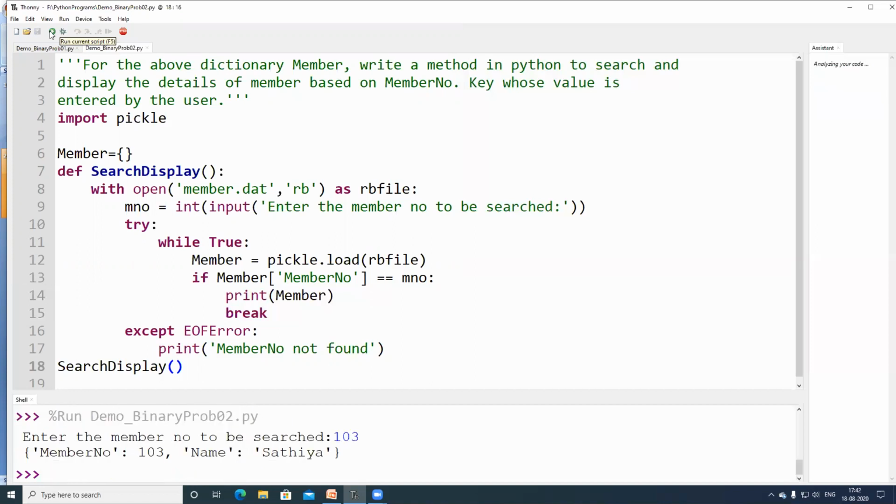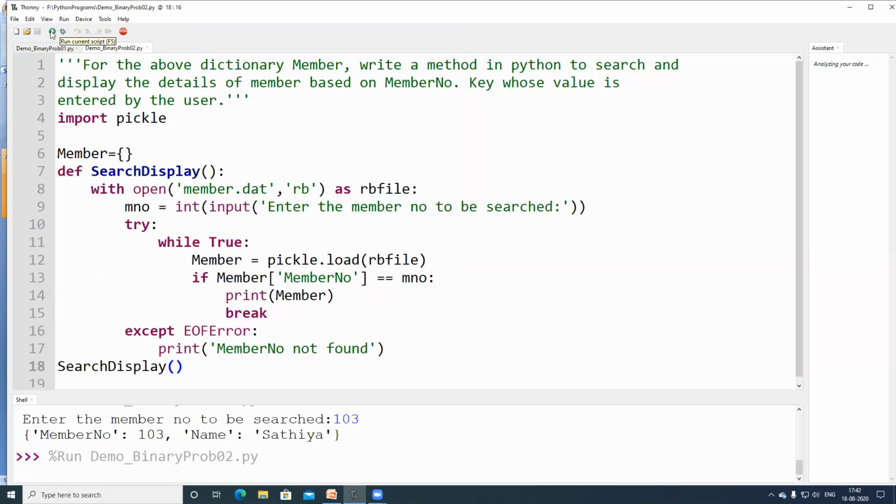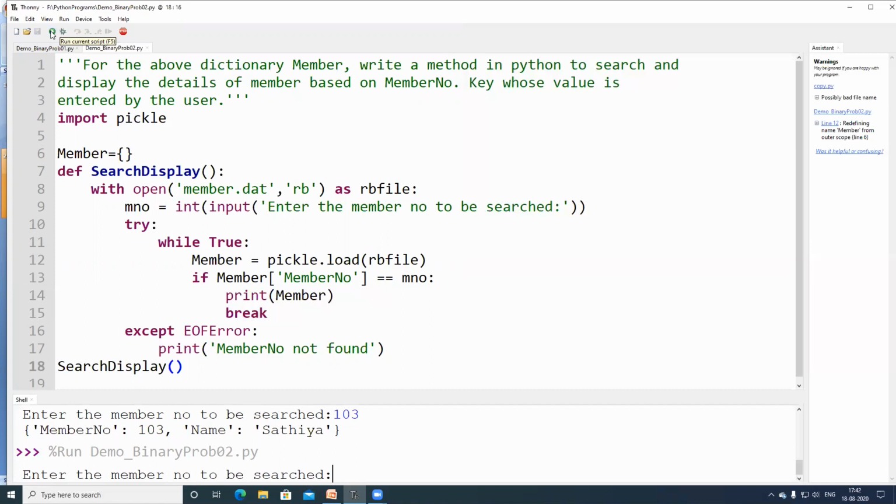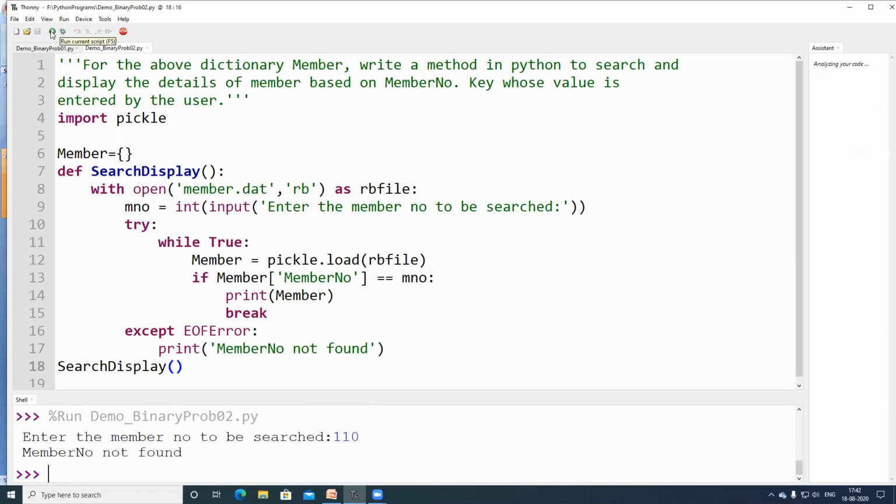The 103 record is present. Now, what if I run the program one more time? I am giving 110. I have entered data only till 105. Now I am trying to enter 110, which is not present. Let us see whether it throws me an error stating that member number is not found. This is problem number 2.